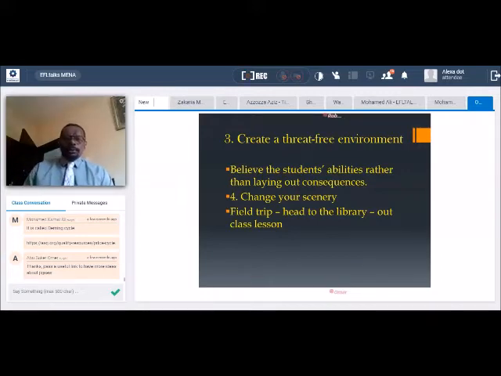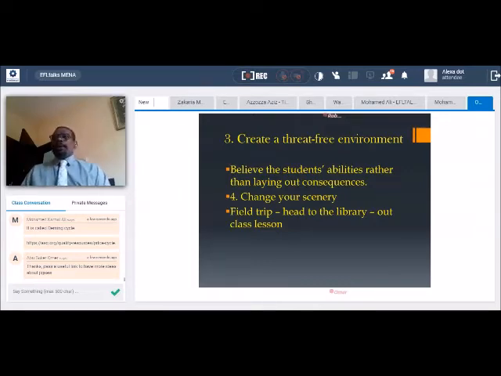Another tip that you can use for engaging your students or motivating them in a classroom is changing the scenery. It's very monotonous for the students to sit for 7 or 8 hours at the same desk next to the same student.